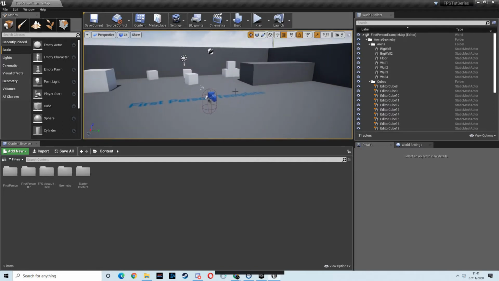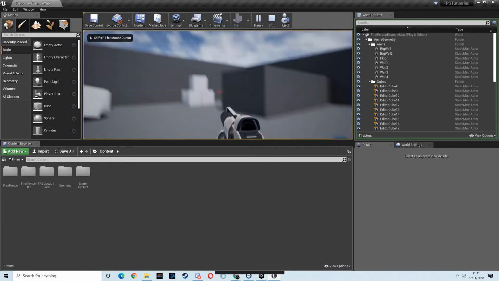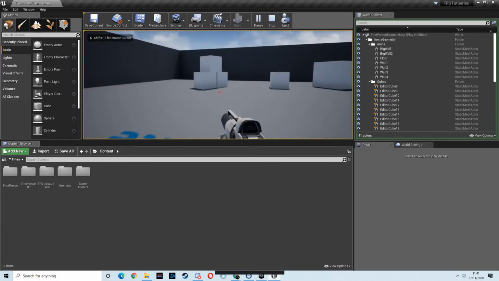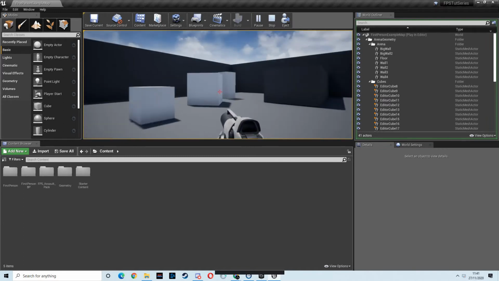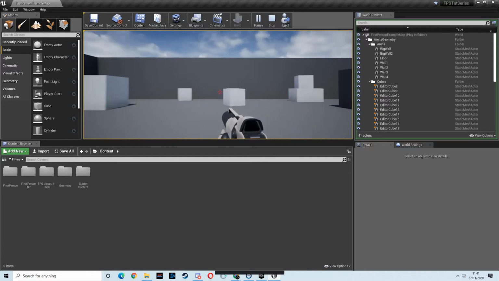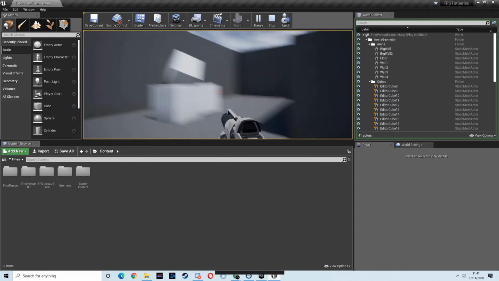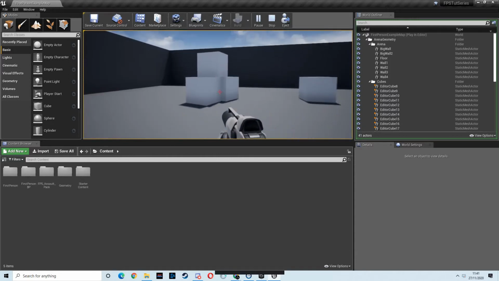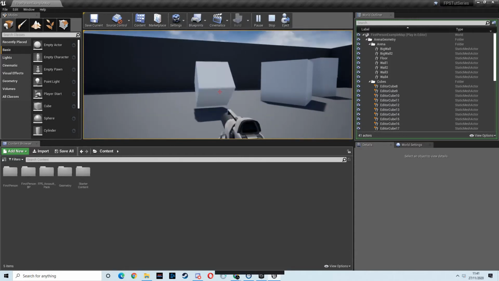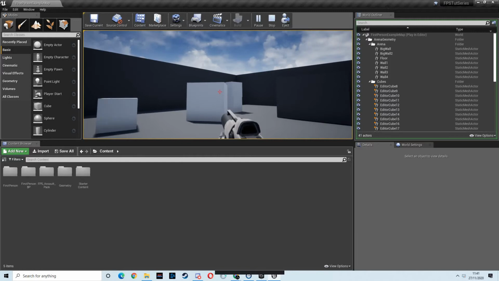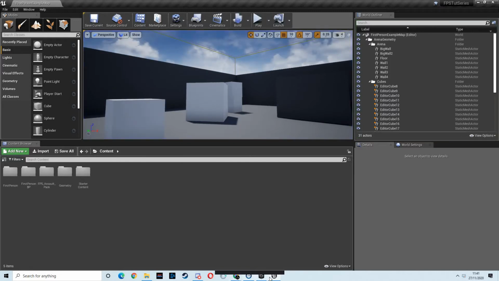Now, I've just loaded up a first-person template, and as we can see, we get a gun that shoots a projectile. We're going to be doing a line trace projectile though. If you don't know what that is, it's basically we'll be shooting an invisible line out from the center of our camera, and we'll be using that to detect whether we've hit something. Right now it's set up with a projectile, and what I'll be using to set that up is